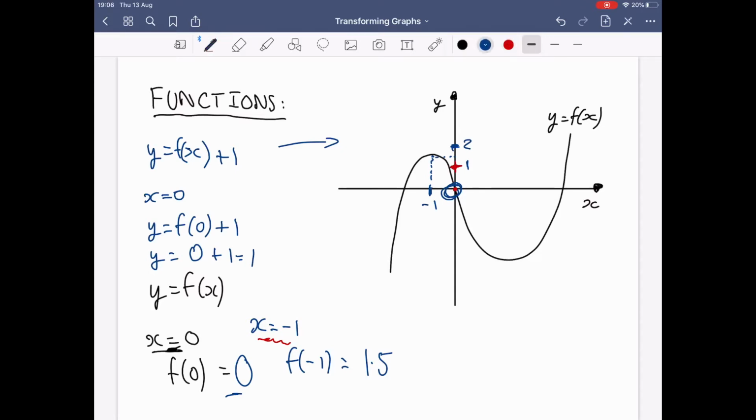Now let's do this again. Let's take x equals minus 1. So we put that in the function, so y equals f of minus 1 plus 1. What is f of minus 1? We've established before, it's 1.5. So y equals 1.5 plus 1, which gives us 2.5. So now we're told when x is minus 1, y is 2.5. So let's go here, minus 1, 2.5. So this is 3, this is 2.5. This is our second point. And if we keep doing this, we will actually see that